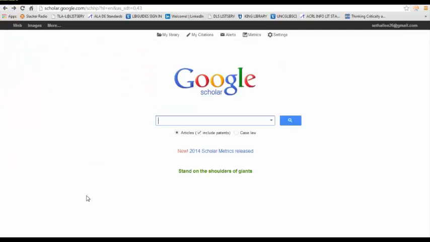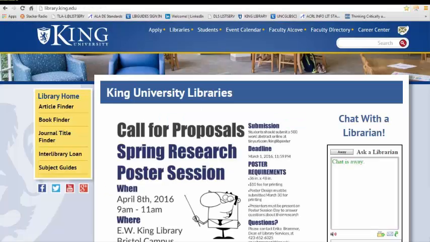You might find a relevant article on Google Scholar that we don't have access to at the library and you can't freely access online. In that case, you can use what's called interlibrary loan services through our library. You want to go to our website. It's library.king.edu, and if there's an article that you can't find, a book that you can't find in the library, you